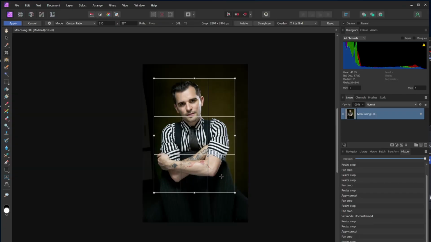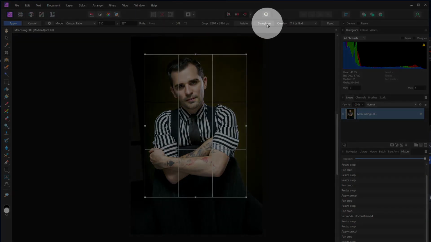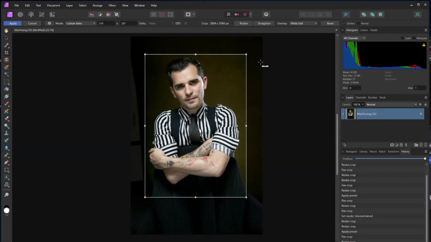roughly speaking. Now if we look at that, one of the main things you want to do when cropping is actually straighten the image. Now that might be for a horizon, it might be to make a building upright, and the way you do that is you use the straighten tool up here. So basically click on the straighten tool and you get a cursor,